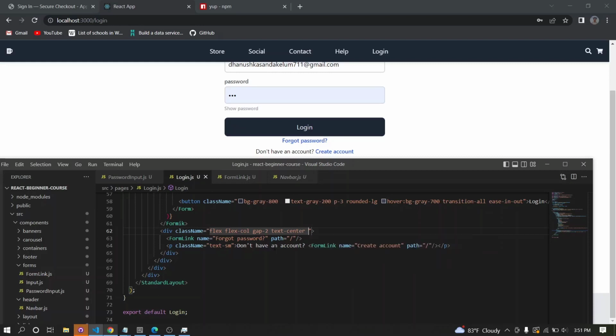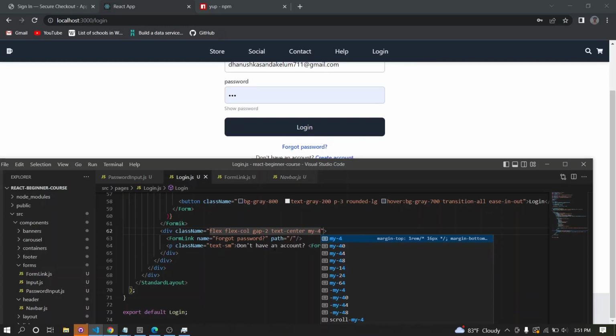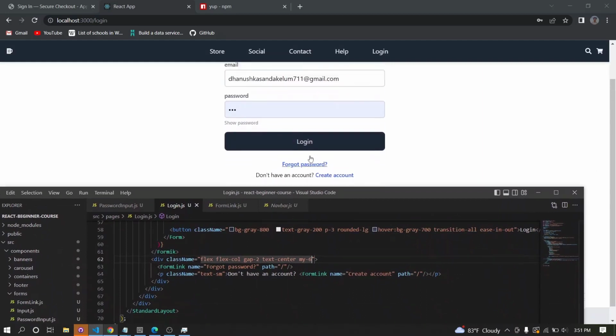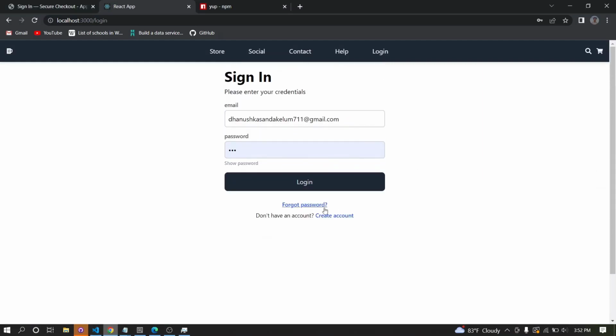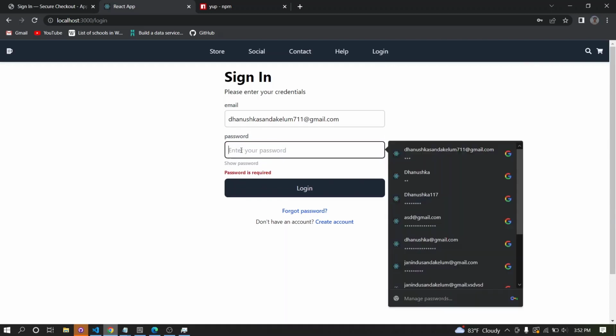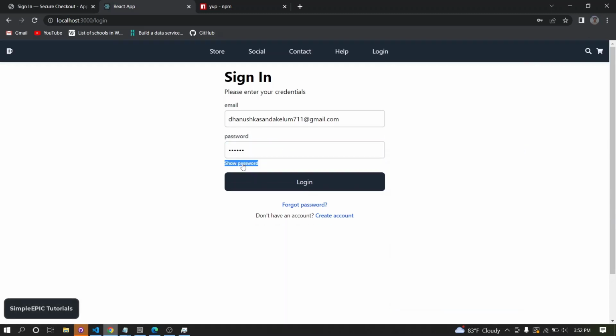and let's say my as 4 or maybe 6. Okay, now it's kind of okay, right? So we have this forgot password option, we have this create password stuff, and we have these authentications, and we have these password togglings and the login button as well,